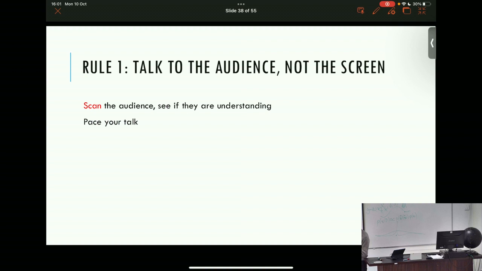What you want to do is to scan the audience. Some people are shy. If you're shy, just watch about 5 centimeters above somebody's head. Don't look at their face. They can't tell the difference, but you don't have to feel embarrassed. So you want to go from right to left, and then from left to right. This is what professional speakers do. They never